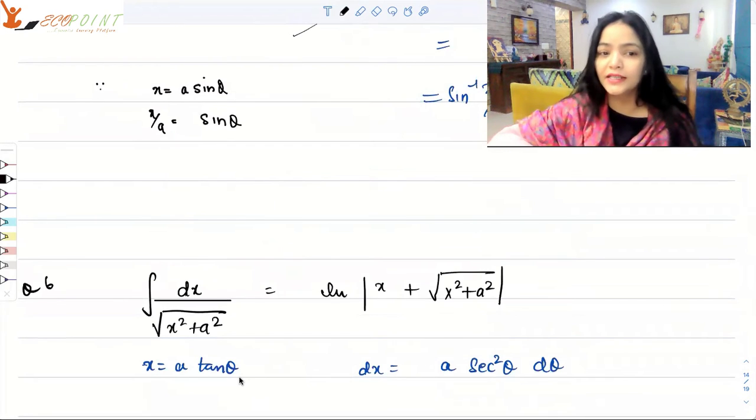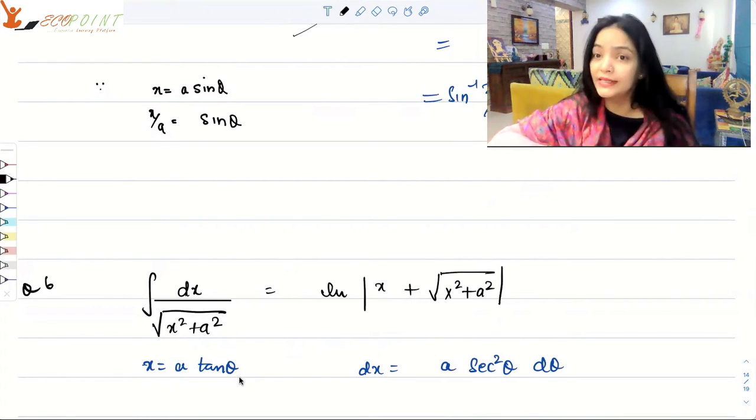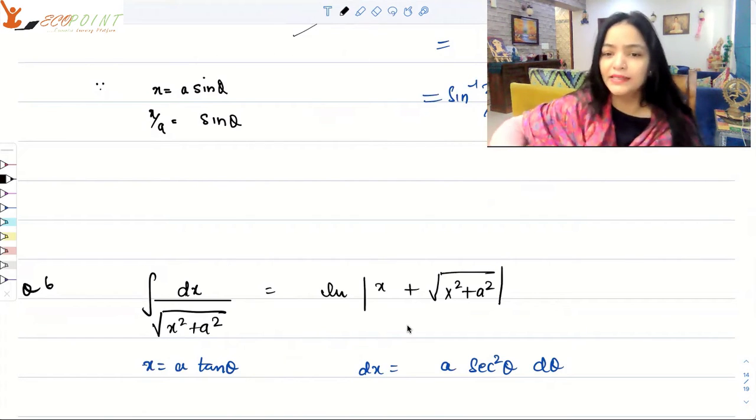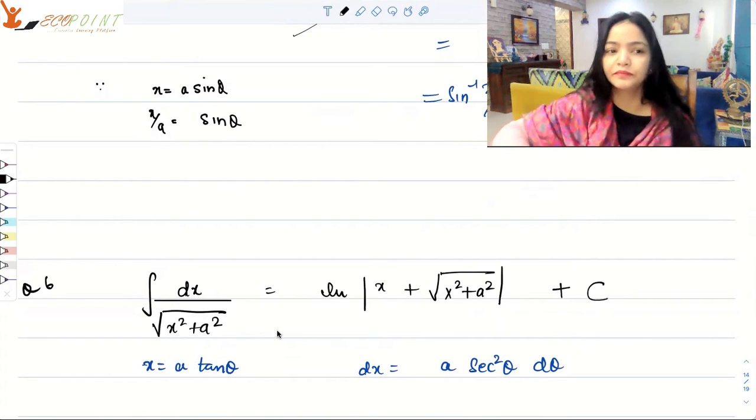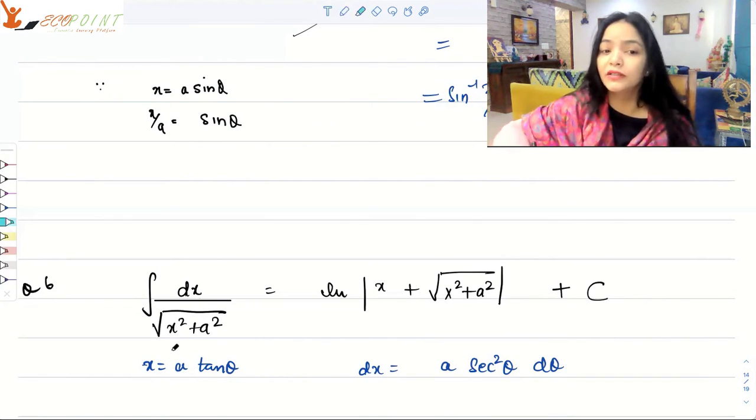Another special case is where you take integral of dx upon square root of x square plus a square. X square plus a square in the square root this time. Again, the answer will be log of x plus square root of x square plus a square plus c, of course, plus c. So how do we get it? Again, the substitution you will take here is, since it's x squared plus a squared, the substitution you will take is,